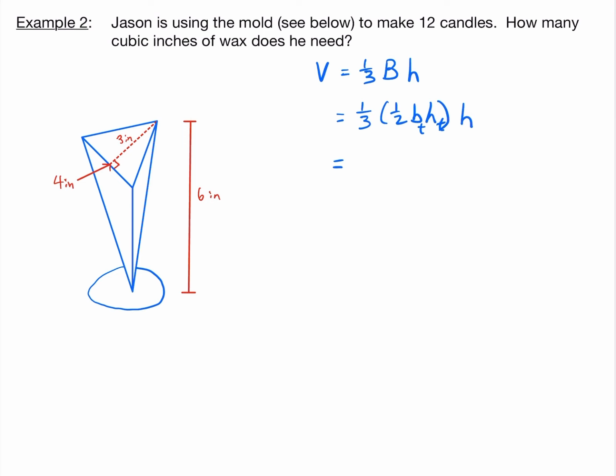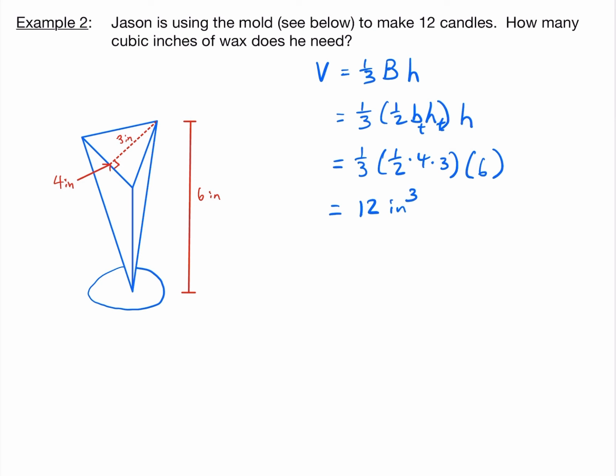So now we can go ahead and substitute these values. We've got 1/3 times 1/2. The base of the triangle is 4 times the height of the triangle, that's 3. And then we're going to multiply this whole thing by the height of the pyramid, which is 6. If we go ahead and punch that into the calculator, we're going to see that this comes out to 12